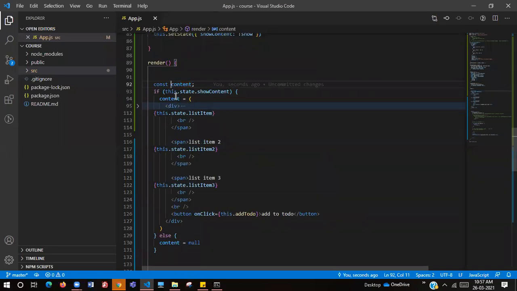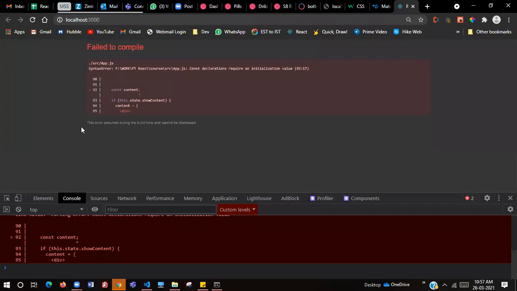It is referring to that particular piece of const, right? Now, what do we see? We are seeing an error.